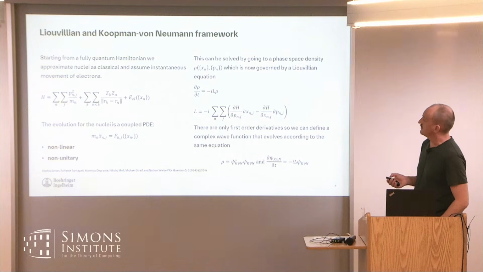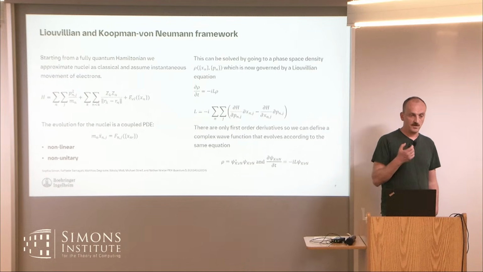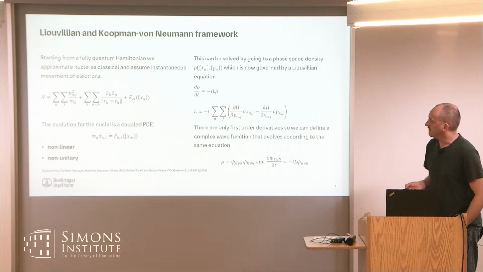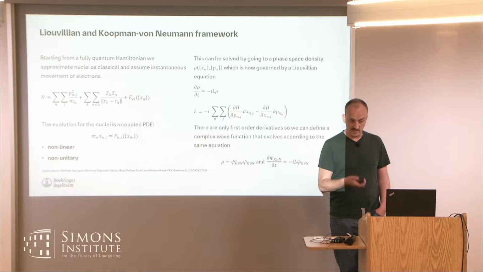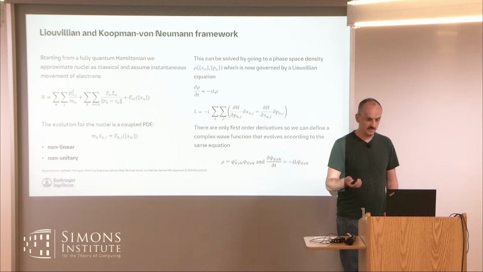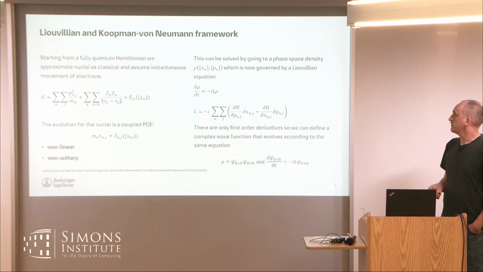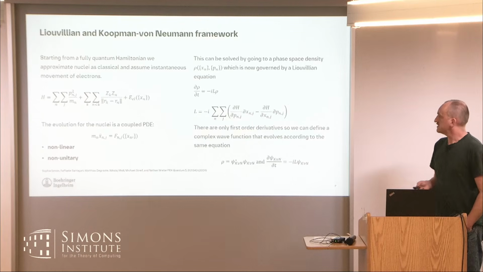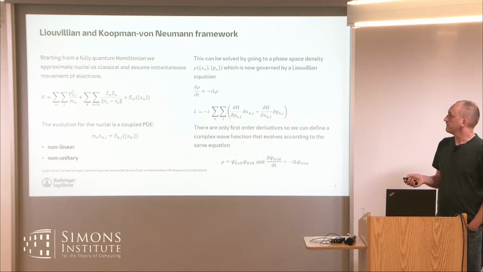So if you look at what you normally do, you have these equations of motion for your nuclei, and you now, instead of doing this classically, want to do this on the quantum computer. There's quite a few problems. So these equations are nonlinear and non-unitary. So either you do things to linearize these, like Carleman linearization, or you do some Schrödingerization of this thing, or we chose another approach, and that is to do Lagrange-Hamilton dynamics and write this evolution of the density